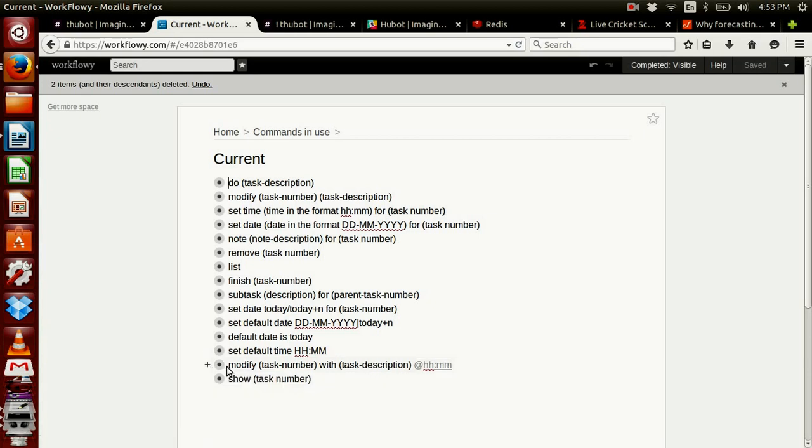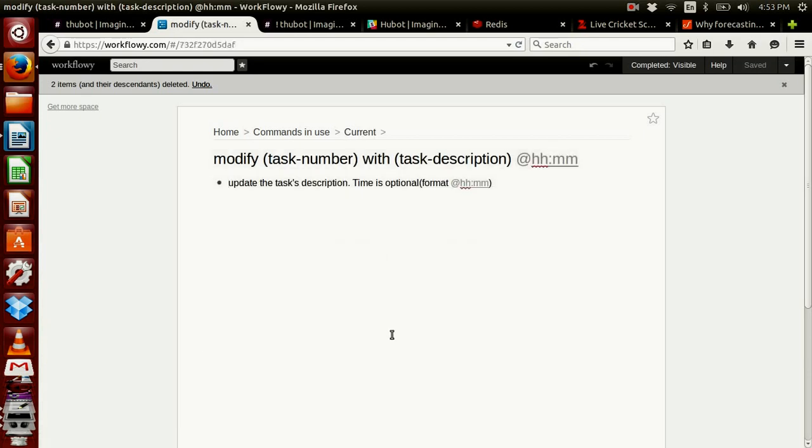We can also use the modify command with a different syntax for updating description and time of any task. Previously we used modify task number with task description. We can also use at, and then we can pass time in the format HH:MM.